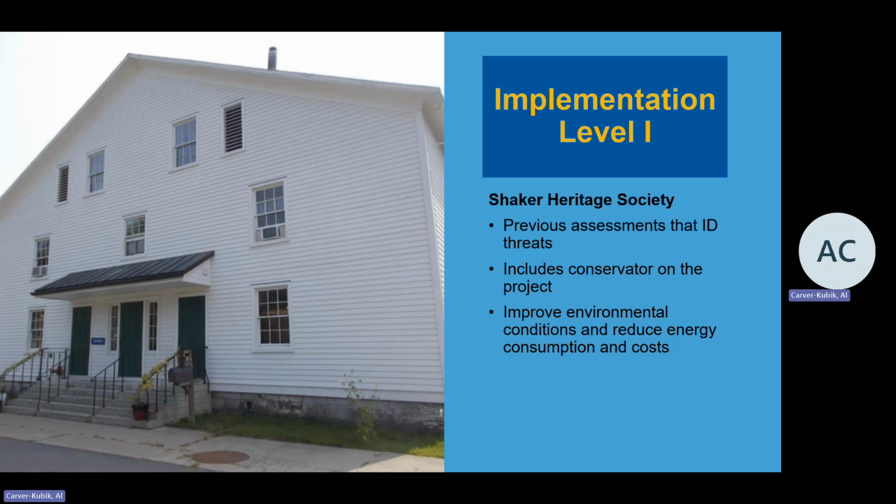The Shaker Heritage Society received an Implementation Level 1 grant to improve the building's envelope and HVAC systems in the Meeting House at Watervliet Shaker National Historic District, the site's primary storage location for its collections. The project is based on an environmental monitoring survey, a mechanical and electrical assessment, and professional consultation on appropriately insulating